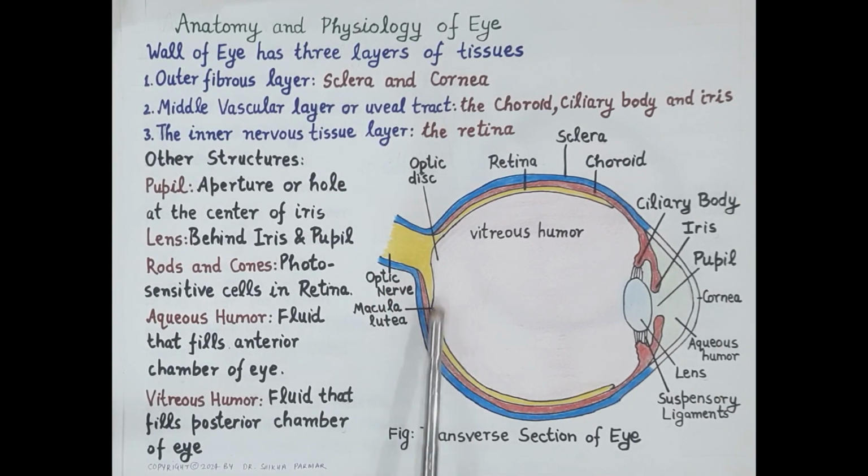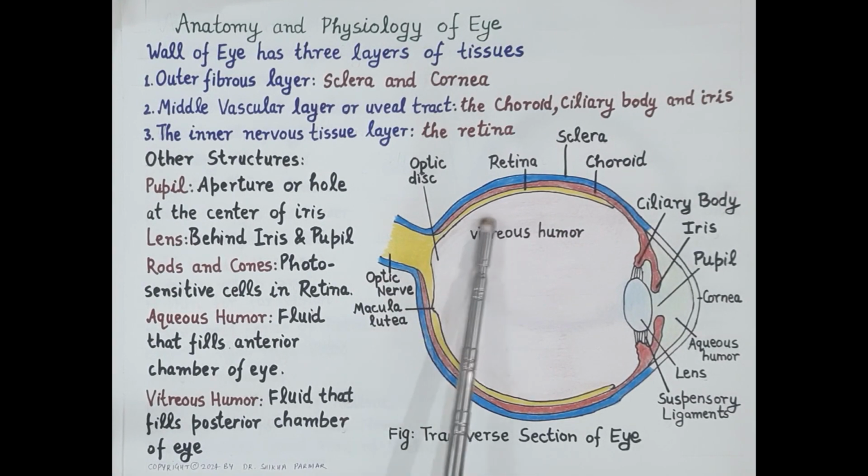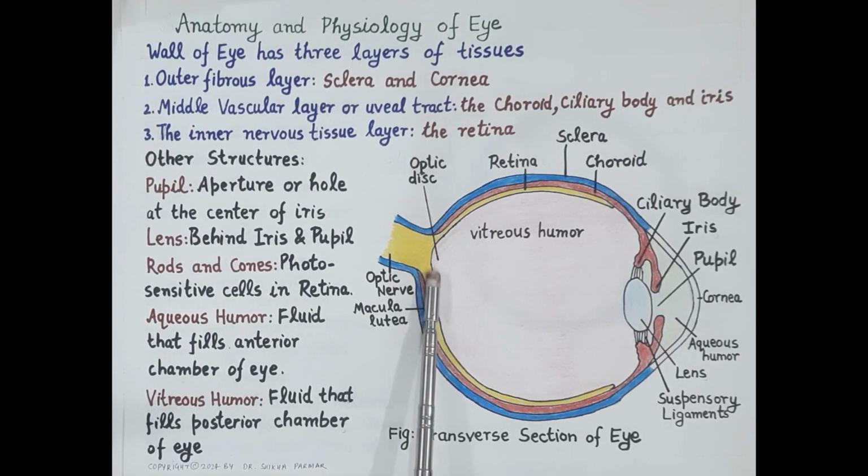The point at which this optic nerve leaves the retina is known as the optic disc. This optic disc is also known as the blind spot, as this structure has neither cones nor